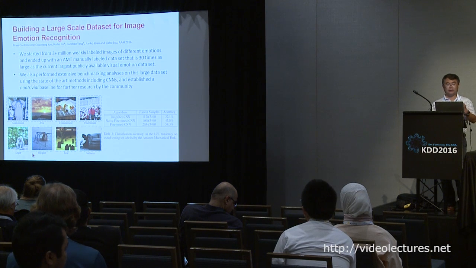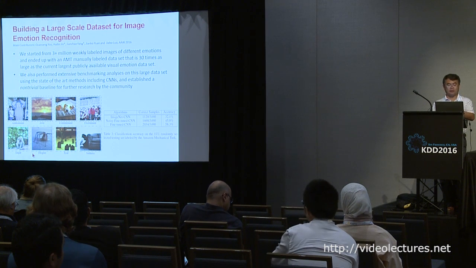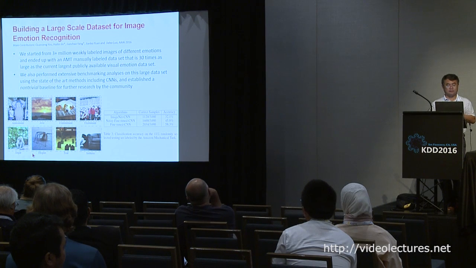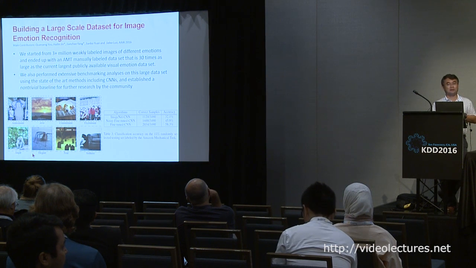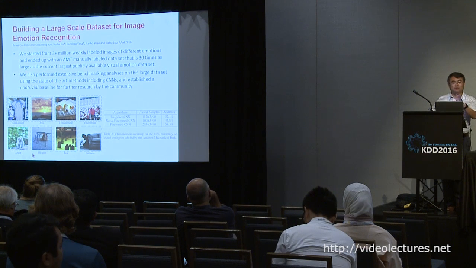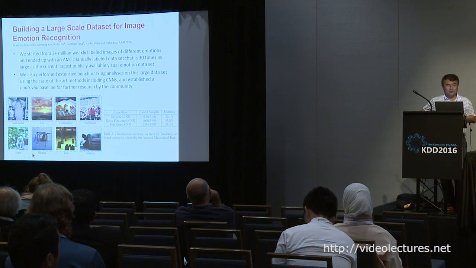And we decided we can go for the 8 valence levels first. So I'm showing you examples of amusement, awe, contentment, excitement, and so on and so forth. There are 4 positive and 4 negative emotions. And then we looked around in the public domain. There was hardly any sizable data set. The largest data set for these 8 emotions is about 1,000 images. So you certainly can't do deep learning on that.